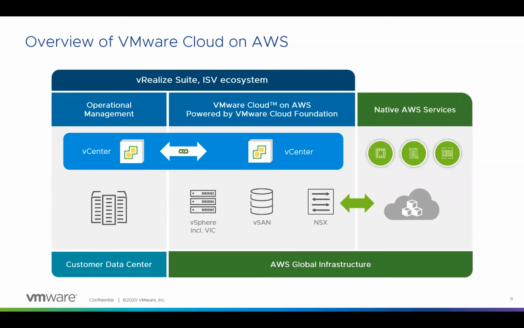We also needed integration with the native AWS services, because we wanted to integrate the VMware Cloud on AWS SDDC with AWS native services so that we can perform native functions such as backups. We wanted to ensure that the backup is taken outside of the SDDC so that we can recover quickly. We'll talk about that in detail as well.